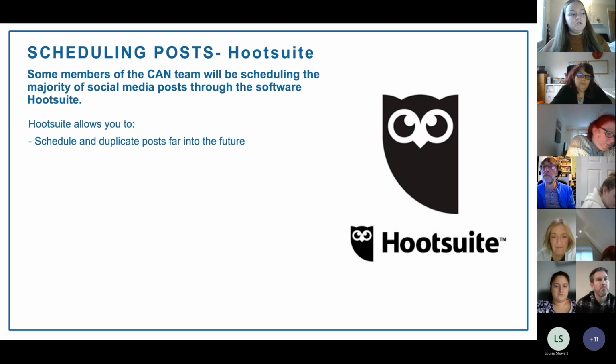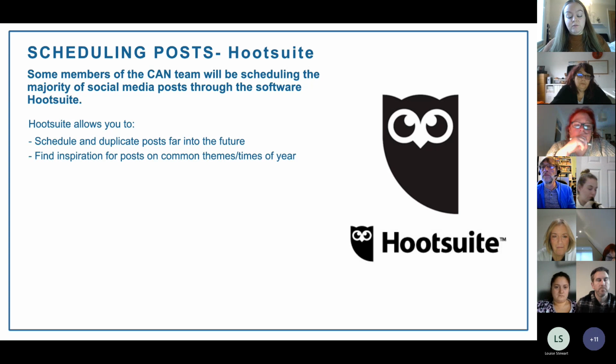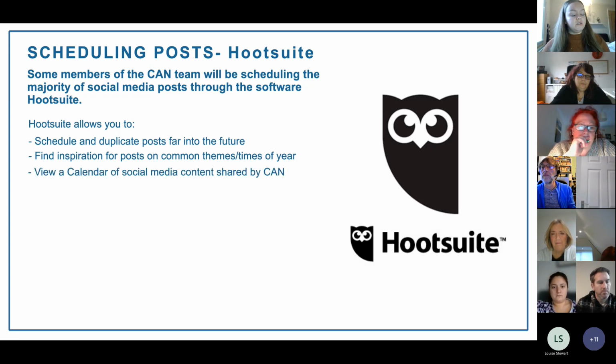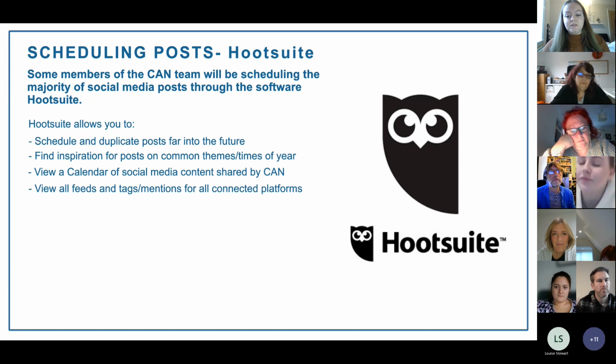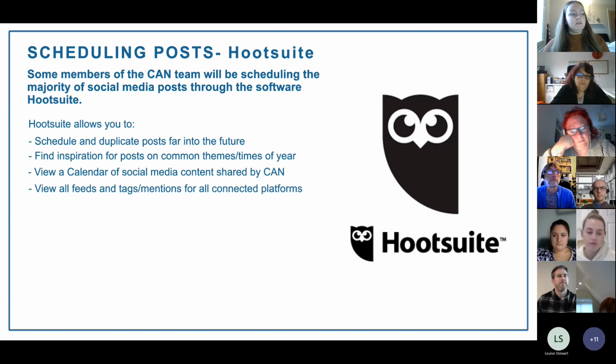So it means that you can schedule posts really far into the future, which is great for campaigns. You can also find inspiration for posts based on common themes and times of the year. It allows you to see your social media calendar as well, so all of the content that you've got scheduled to come up,